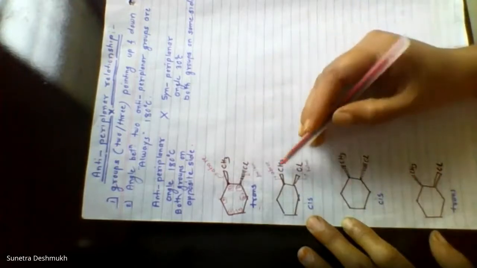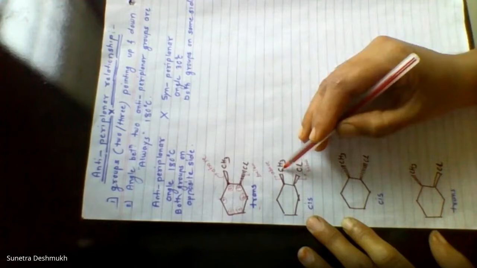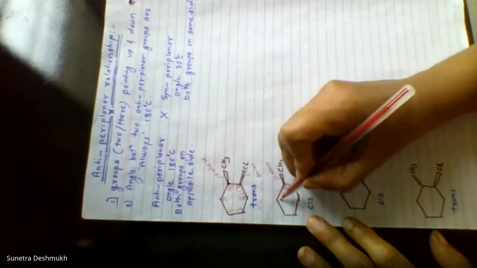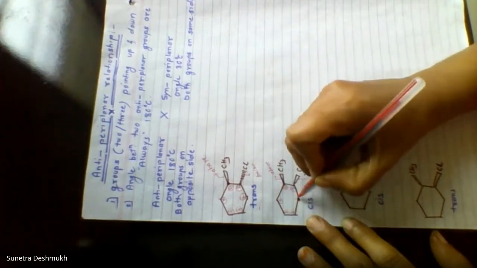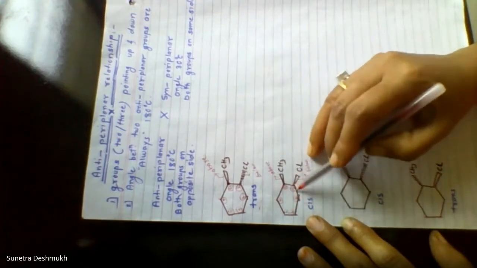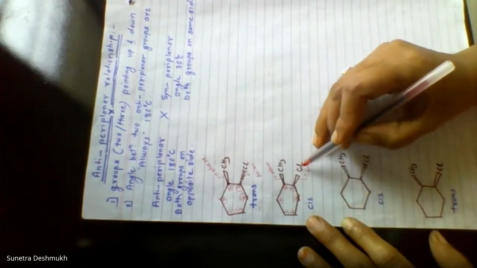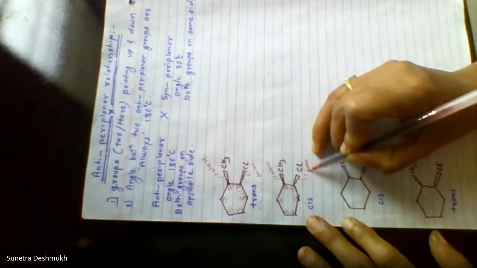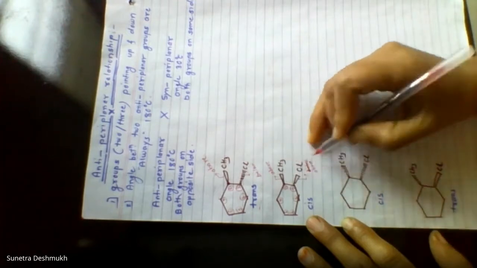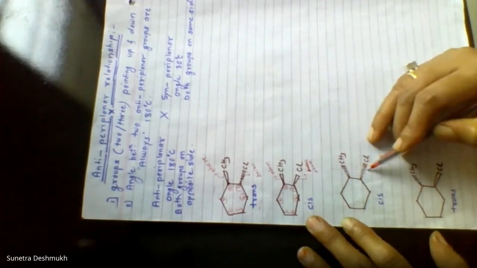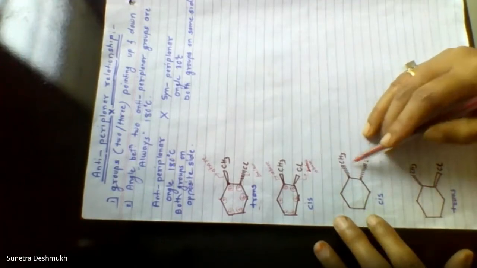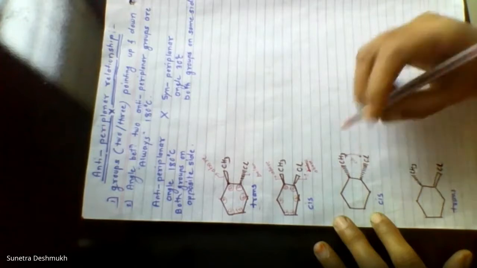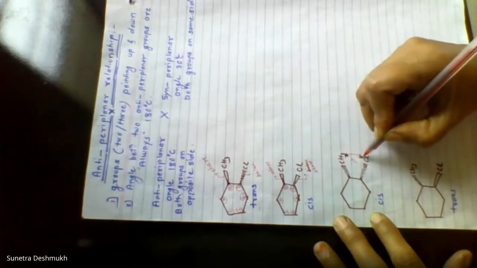This is the cis conformer with chloro at the first position and methyl at the second, numbering the rest 4, 5 and 6. Numbering should be proper. After that, decide whether the substituents are present above the plane or below the plane. Here both are above the plane. Now I will come to the next conformer. Here also both groups are cis to each other.